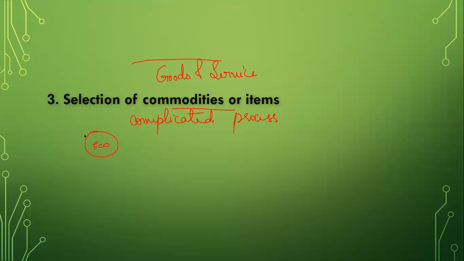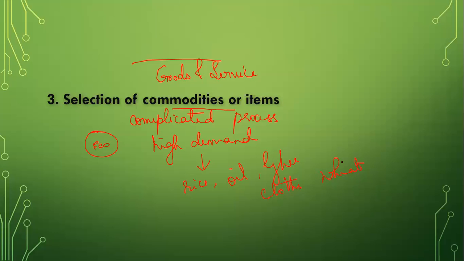You have to select those goods which have high demand. Now, what do you mean by high demand? For example, rice, oil, ghee, clothes, wheat. So these are the products. If you see, it has a very high demand. So all these are the necessary items. So whenever you take into consideration for the index number, we select commodities or goods of such type, which has high demand.